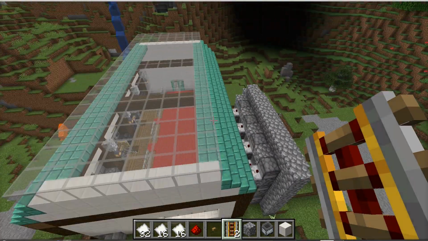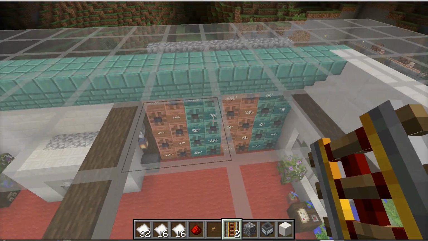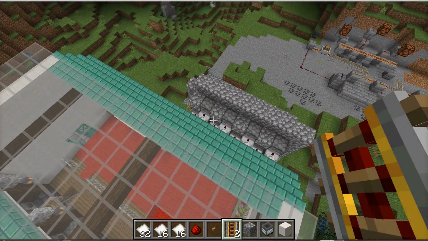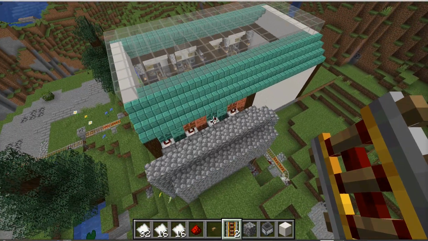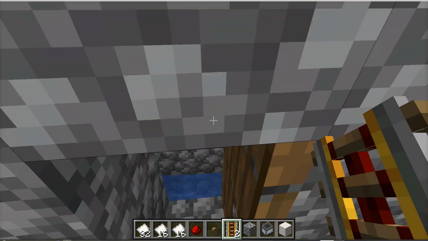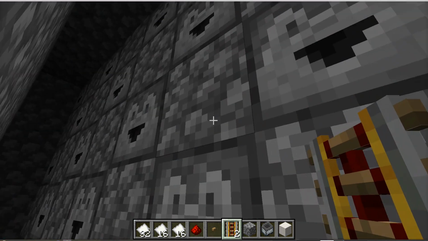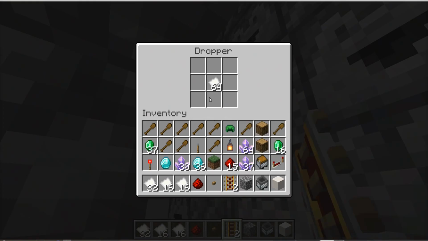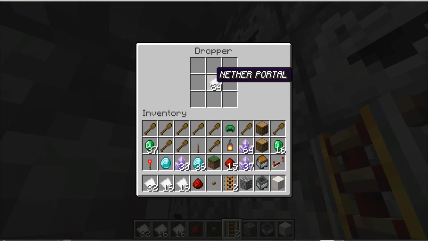So you'll see when I've selected destinations, there's a board there with destinations in it, and that will dispense a ticket. Each of those buttons corresponds to one of these droppers. So let's just say I press the dropper for Nether Portal. I'll take one of these tickets and it would spit that out